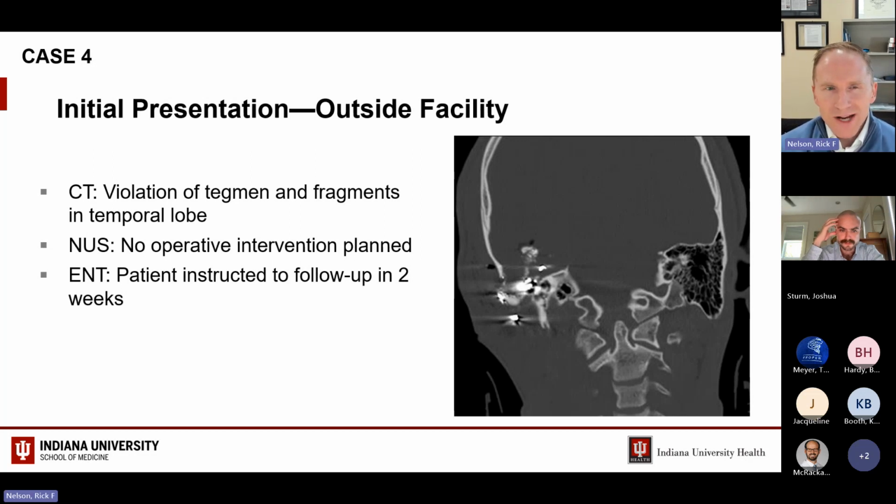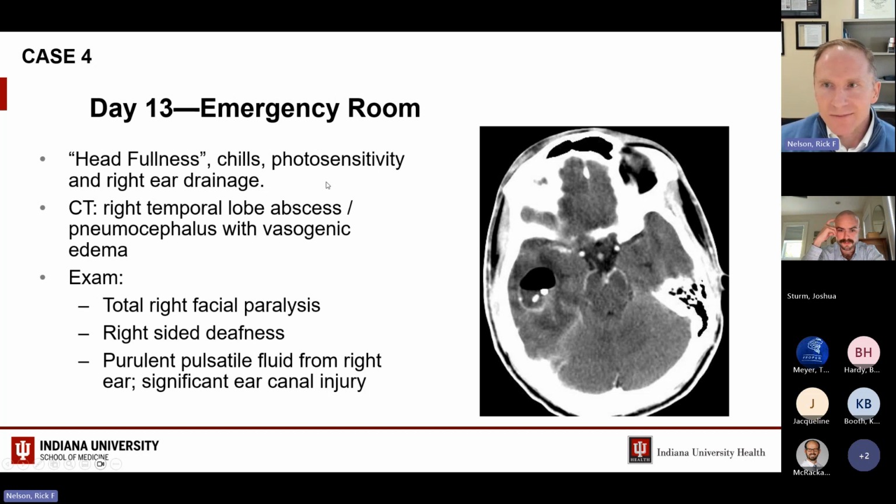So those small bullet fragments, the neurosurgeons weren't planning to intervene. And the ENTs, for whatever reason, decided they wanted the patient to come back in a couple of weeks, even though the patient had complete facial paralysis. Suffice to say, the patient came back to the emergency room with signs of meningitis, with photophobia, chills, and he